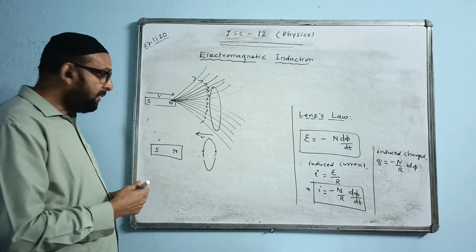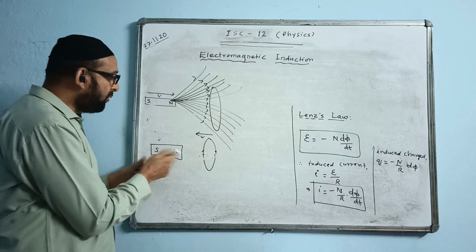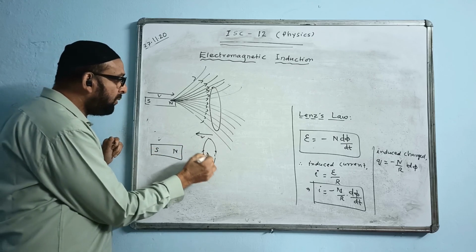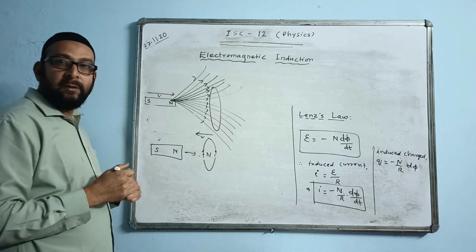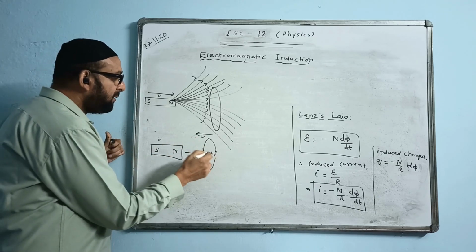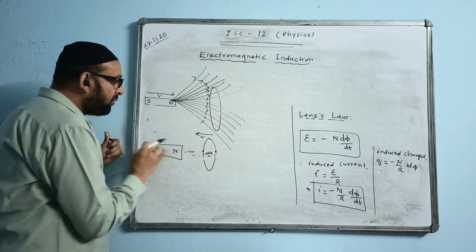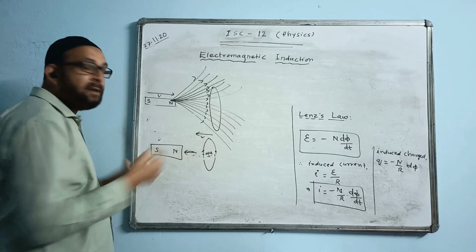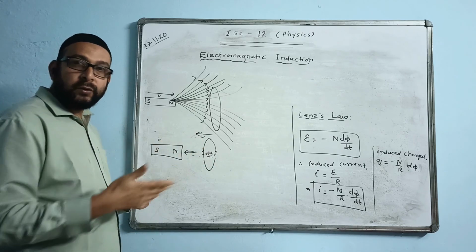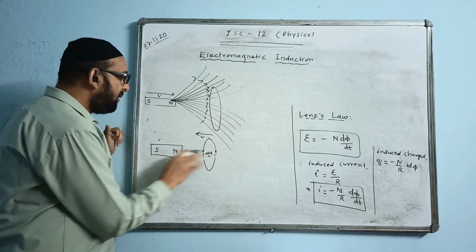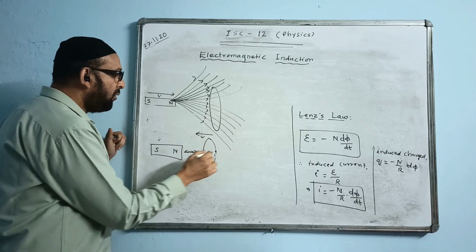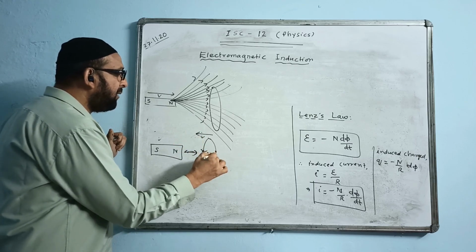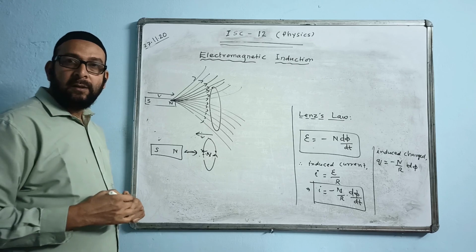What direction will the current be? This motion must be opposed. North is here. What pole will be created here? North, so that repulsion will take place. This and this will be in opposition. If you put a south pole here, then north will attract the south. It will come in. These two will be in the same direction. There is no opposition. You must oppose. That's why there must be a north pole created here, and the motion is opposed. The north pole means anti-clockwise direction. We will mark the anti-clockwise direction. That is how we mark the direction.